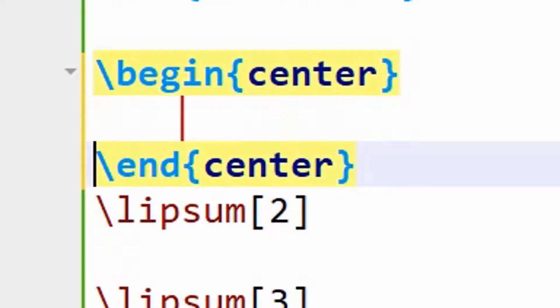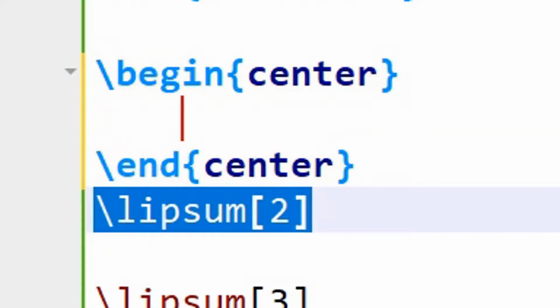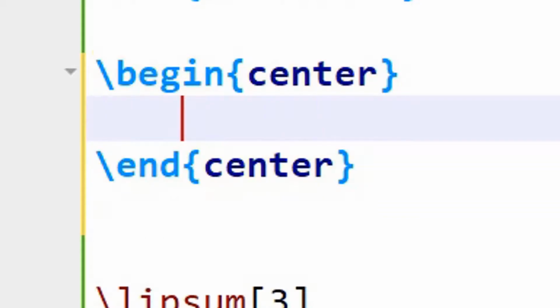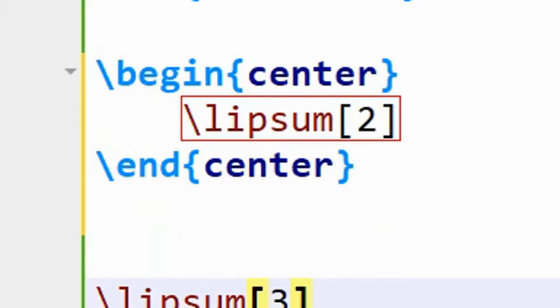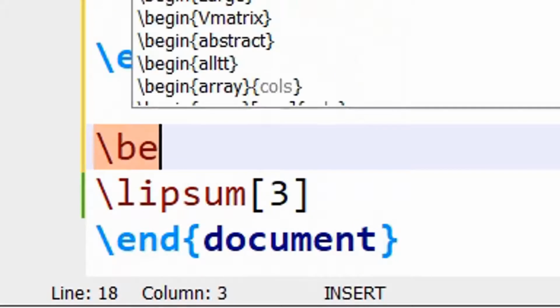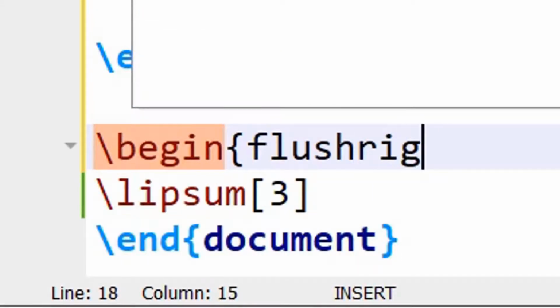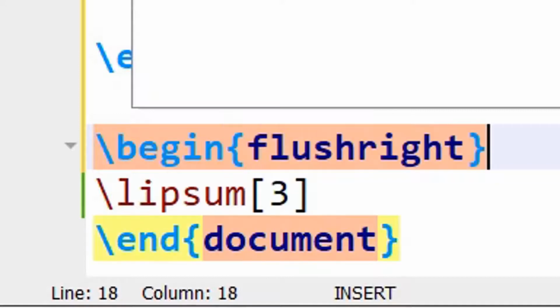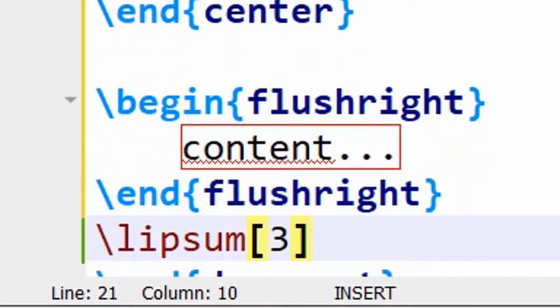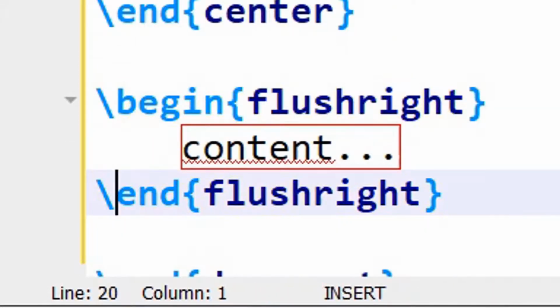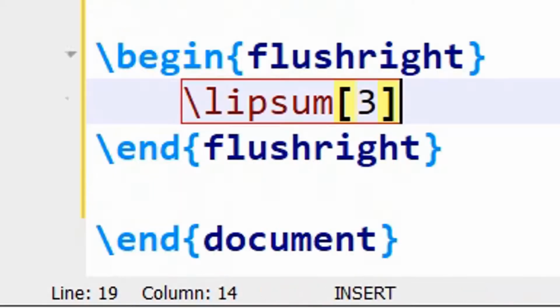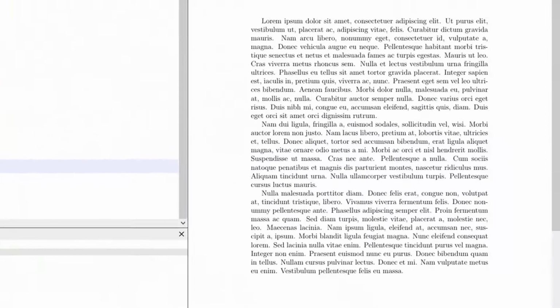So by using the center environment, you can make the text appear in center justification. I want to put the last paragraph in right justified manner. For this you can use the flushright environment. Let us try to build this and see how it gets typeset.